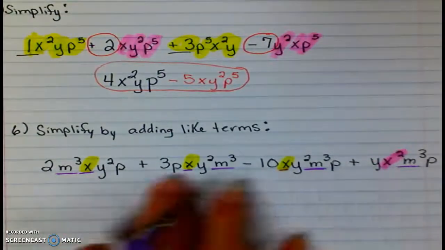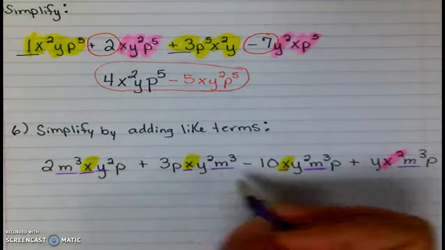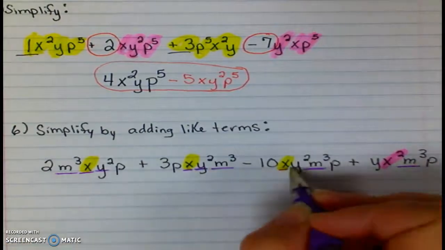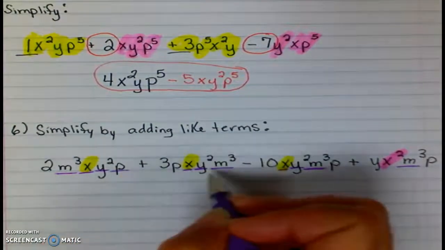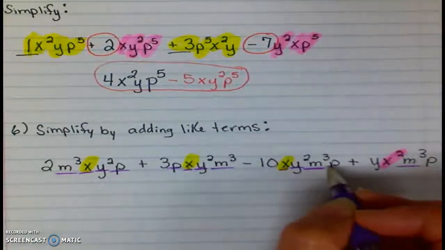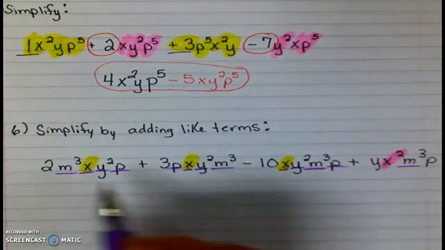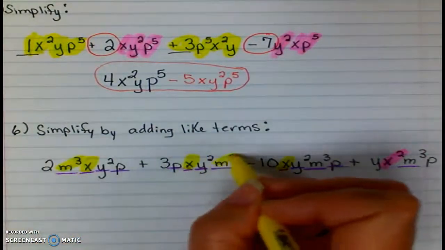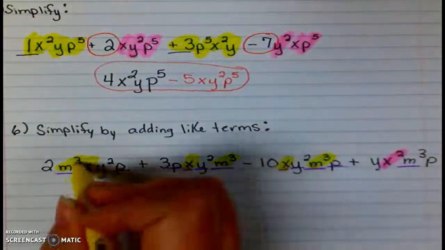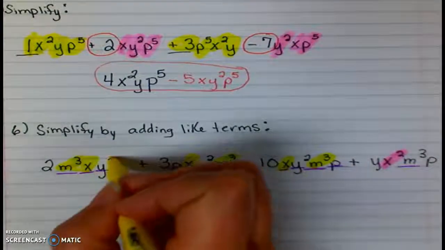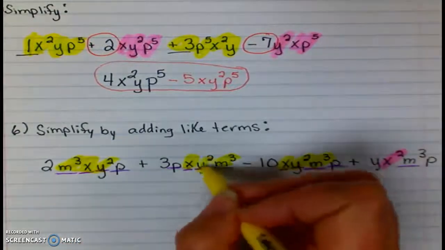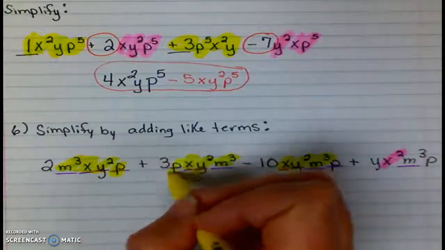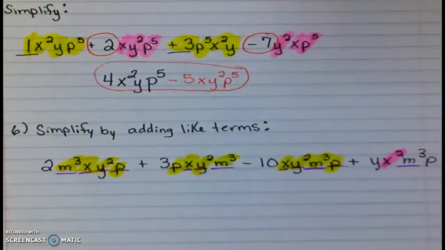Now if I look at these 3 that I have, y squared, y squared, y squared, p to the 1st, p or p to the 1st. So the first 3 terms, each one has an m cubed, each term has an x to the 1st, a y squared, and each term has a p. So therefore, all I am going to